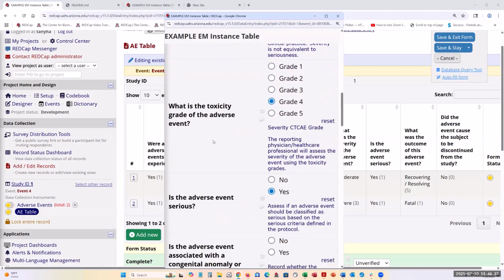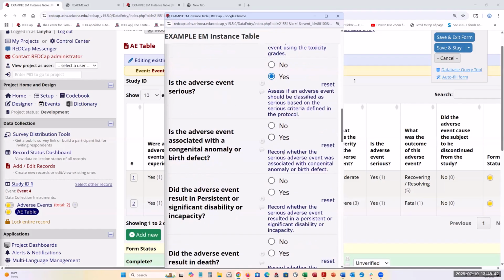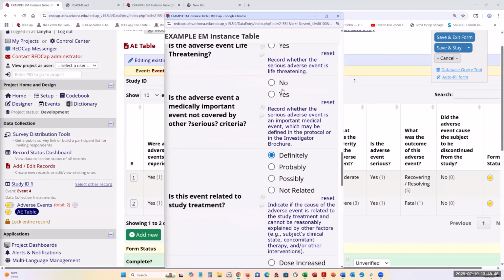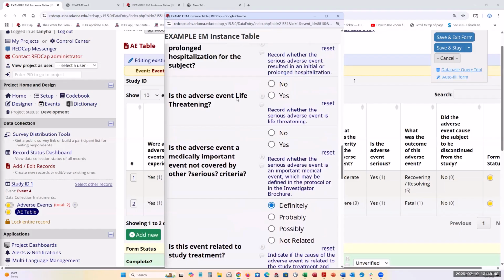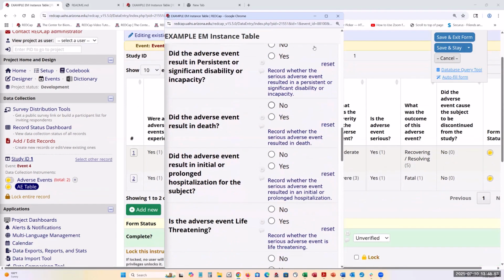When that severe event, or is the adverse event serious? When we say yes, it opens up all of these additional areas that must be completed. So now they can go back and they can complete that. And at that point in time, once these are completed,